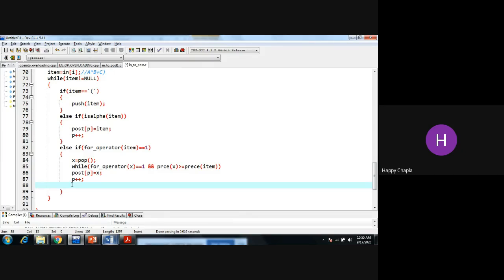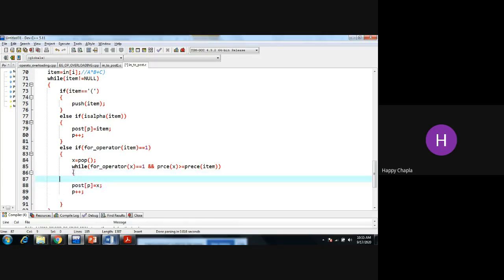Okay, sorry, I need to give one starting bit, otherwise my while will not work. And what you have to do? Push your x, that means you need to push that element into the stack.